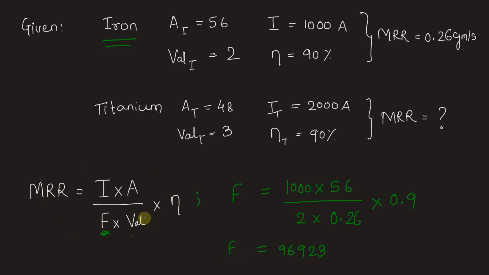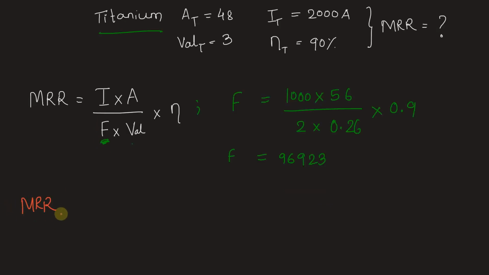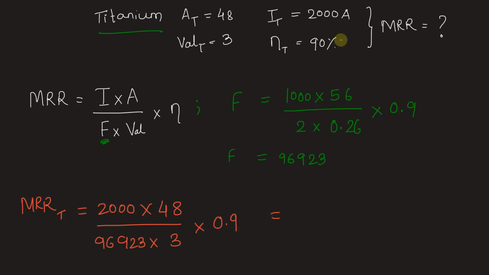Now let's use this Faraday's constant. It's the same formula applied for titanium. So we have the material removal rate, of course this is for titanium, equal to current for titanium, 2000 ampere, into atomic weight of titanium, 48, divided by Faraday's constant that we found out, 96,923, into valency of titanium, 3, into the current efficiency for titanium, which is also 90%, so numerically it is 0.9. When this is calculated in the digital calculator, we have the answer as 0.297, which is almost equal to 0.3 grams